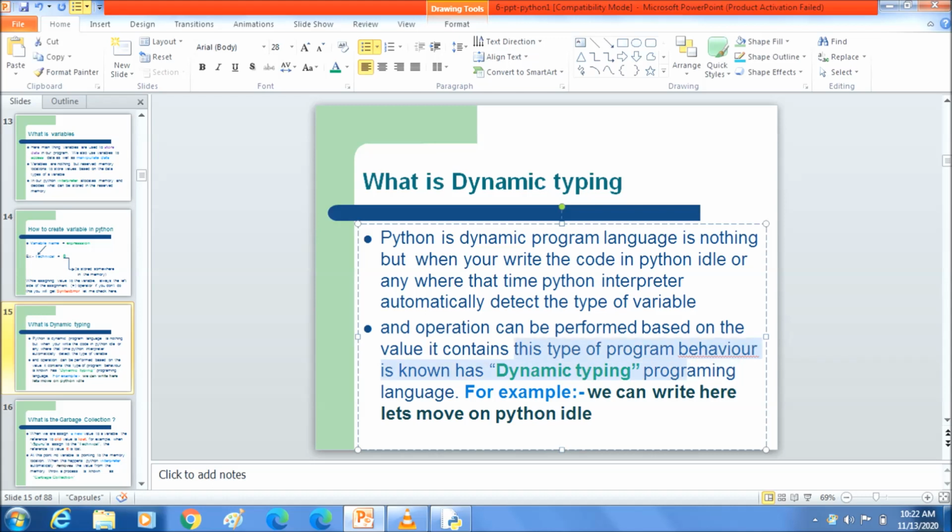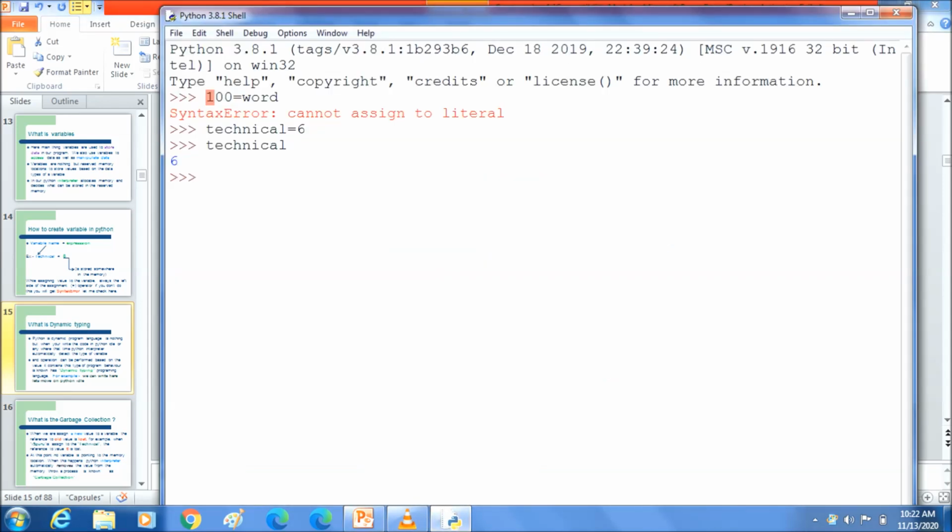In programming, this type of behavior is known as dynamic typing. It means that you can use the same variable to refer to data of a completely different type than it initially pointed to. For example, technical equal to 6.